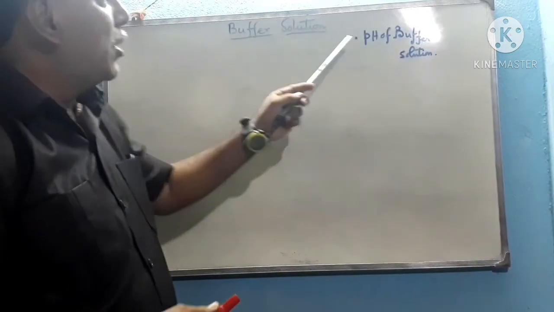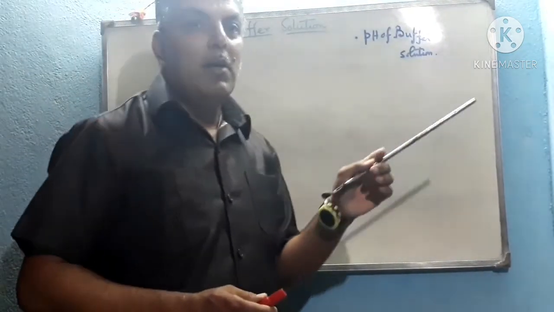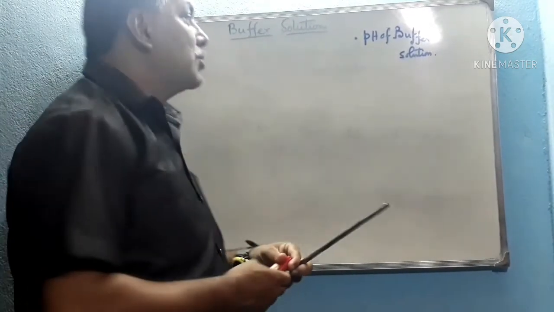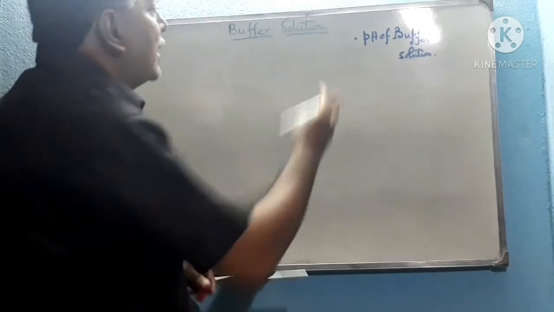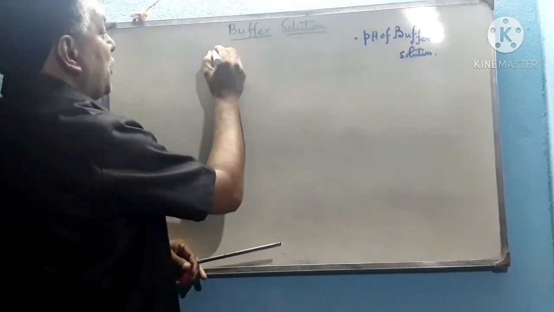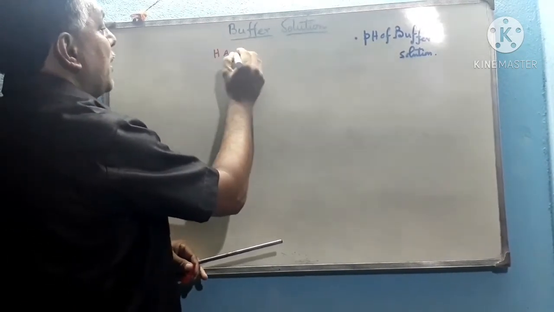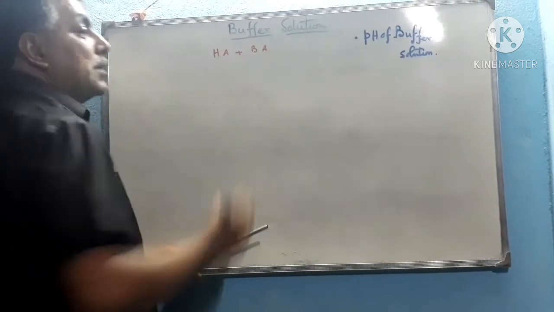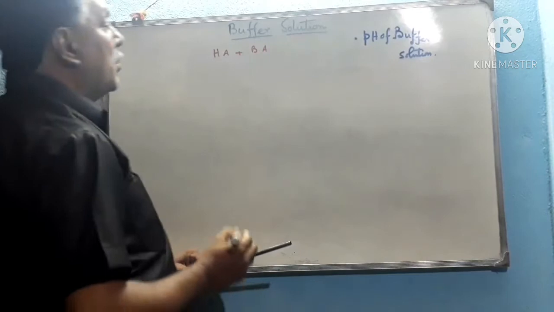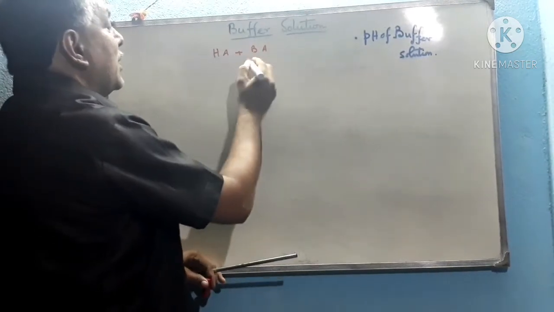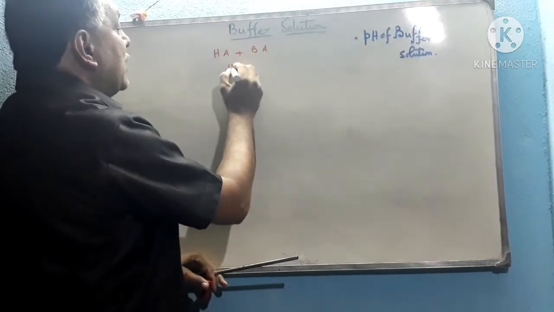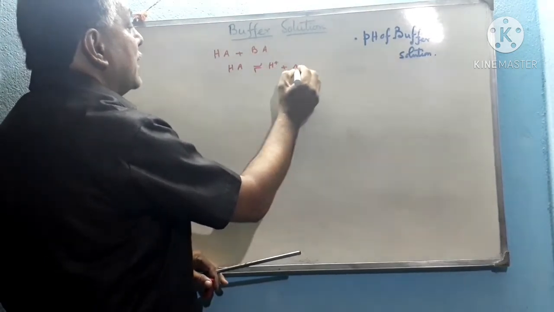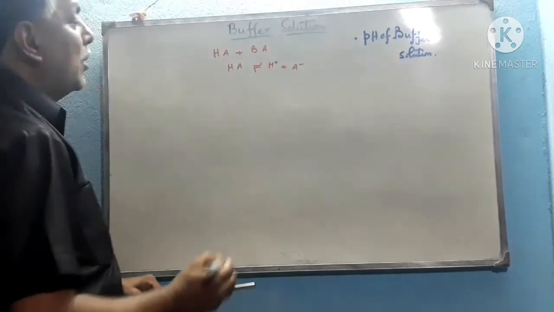Now I am discussing the pH of a buffer solution. For an acid buffer, this is the pH. For a basic buffer, we have to calculate the pH of the solution. Now, how can we calculate the pH of a buffer solution? Suppose it is an acid buffer, HA plus BA. HA is the weak acid and BA is the salt of a strong electrolyte of this weak acid. So now HA dissociates to maintain the equilibrium, H plus and A minus.